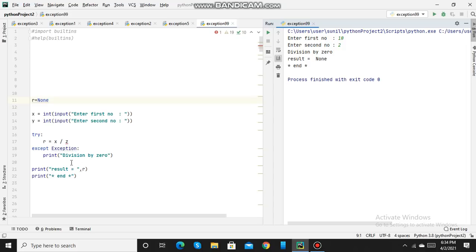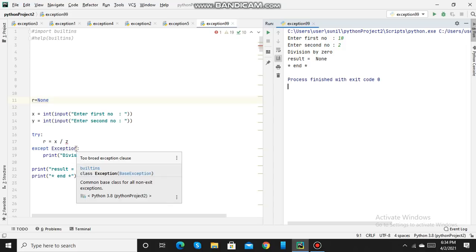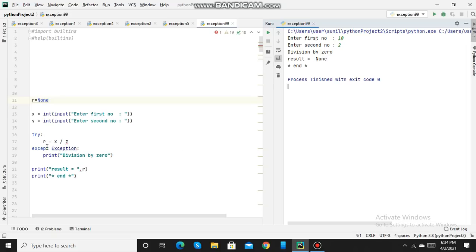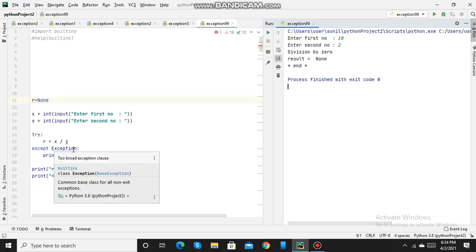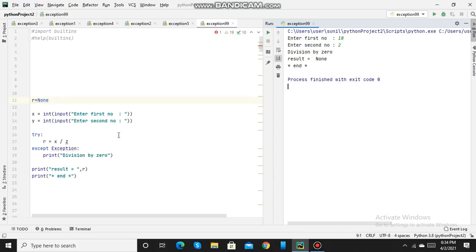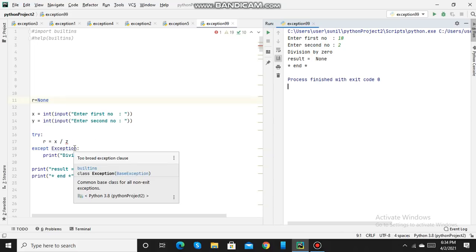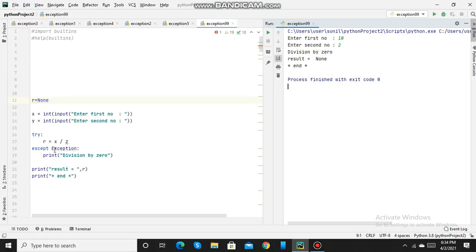This is because this exception here is the base class, which is general and not specific to ZeroDivisionError. So since it is general, not only the ZeroDivisionError but all other exceptions will also get caught here.